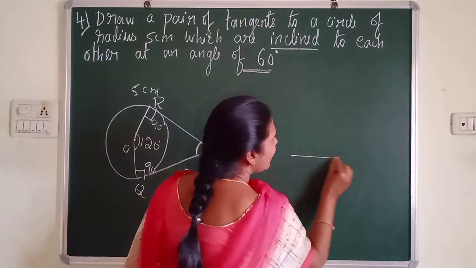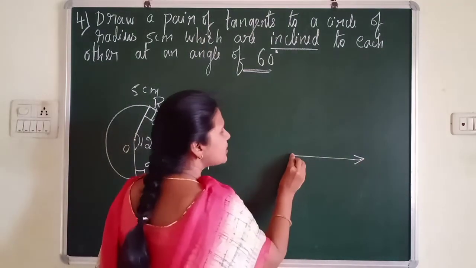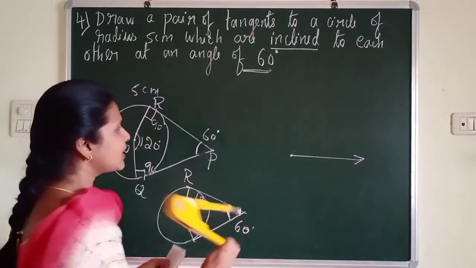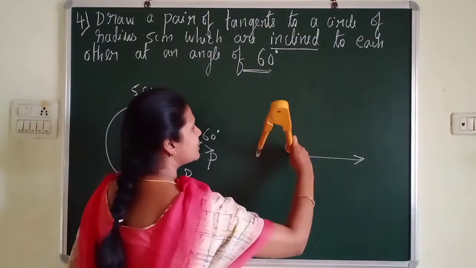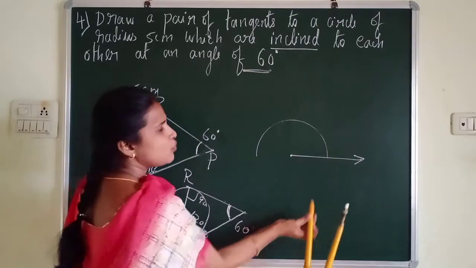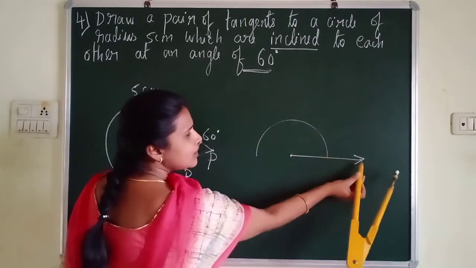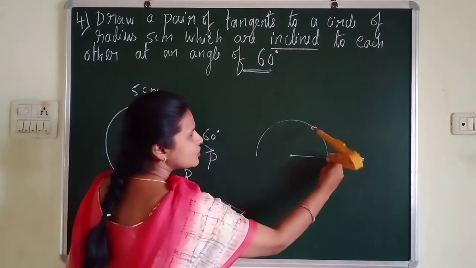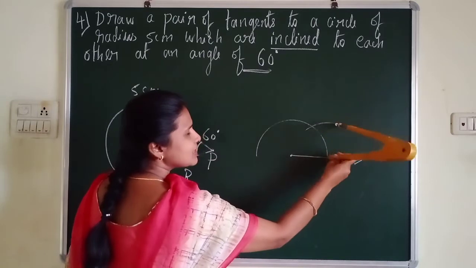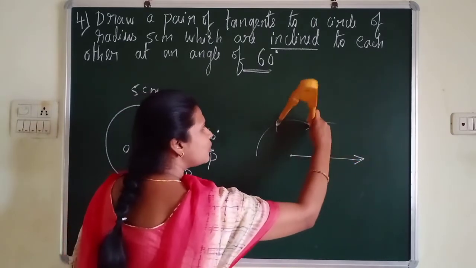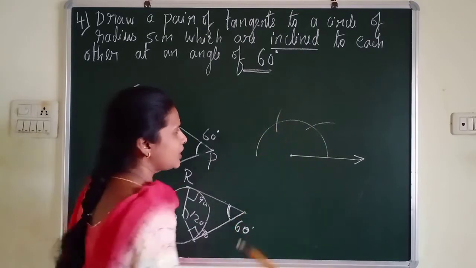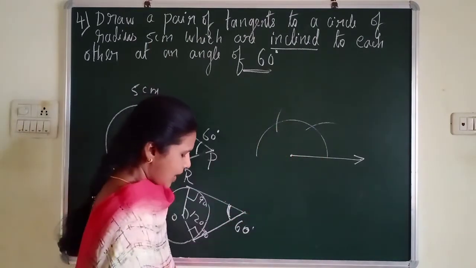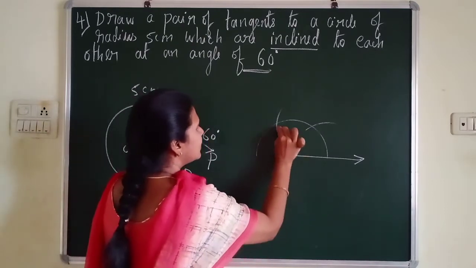So if I have a ray here, how to construct a 90 degree. As you learned in the previous classes, take some radius. You can see one point here intersect the ray. And from here, take same radius, don't disturb. So as you know, this is 60 degree and this is 120 degree. You can observe here I have to draw 120 also. So this is the construction where I can draw 120 degree. So this is 120 degree.